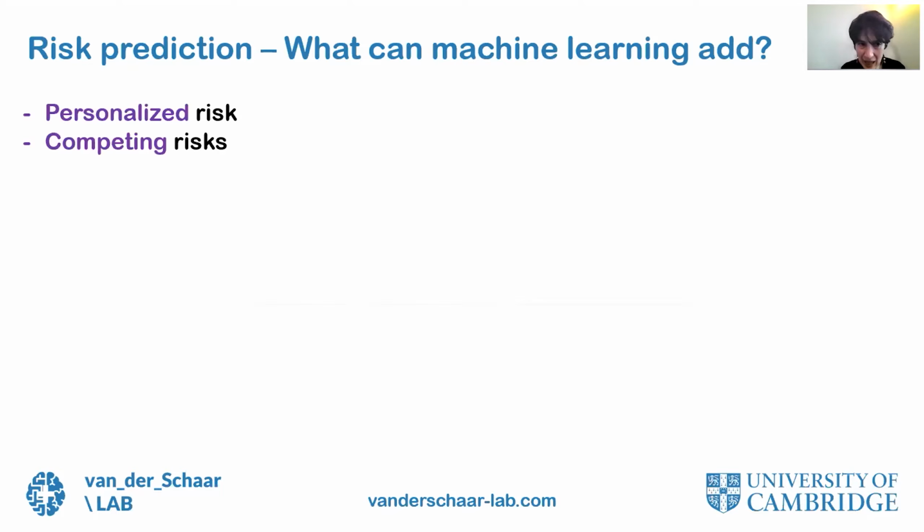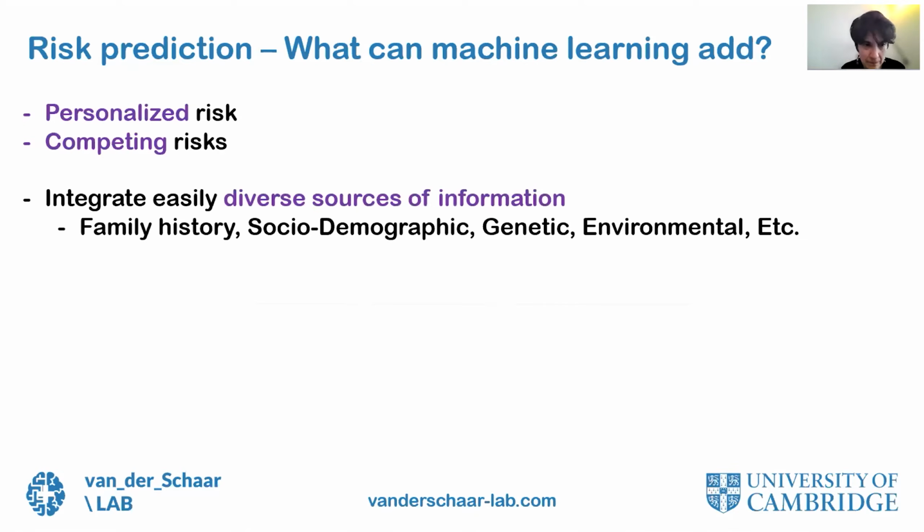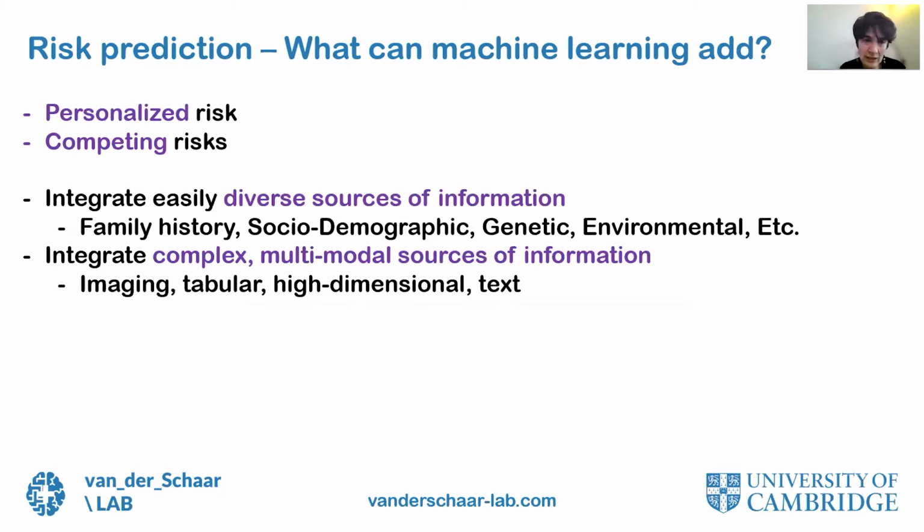And this can be done again in a personalized way. These different risks can integrate easily diverse sources of complex information, family history, socio-demographic factors, genetic factors, environmental factors, and many others. They can also integrate multimodal sources of information, imaging data, tabular data, high-dimensional data, as well as text